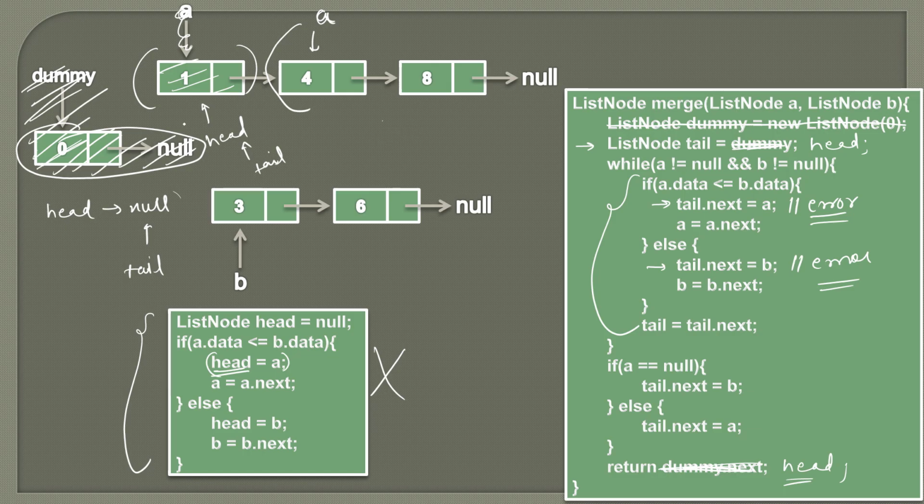You need to be very careful while merging these two lists. Using the dummy node will make your code easy and simple to write. But if you don't want to use this dummy node, the first thing you need to do is identify the actual starting point of the head, which is our resulting list. So we have to do this comparison first to get our first head, and then we can provide this while block and do the similar stuff which we already discussed. And at the end, instead of returning dummy.next, we are returning head.